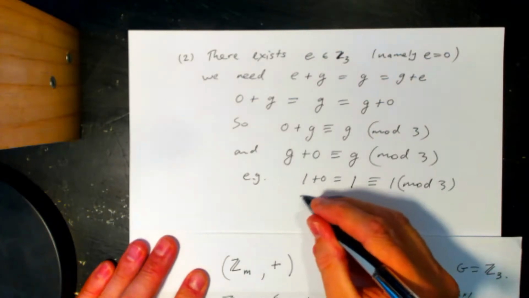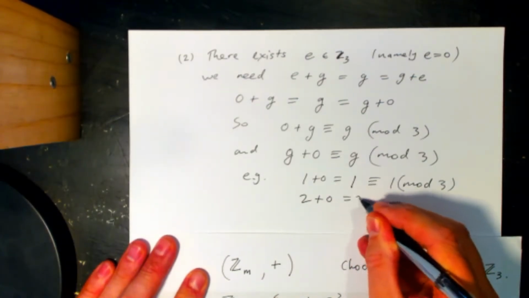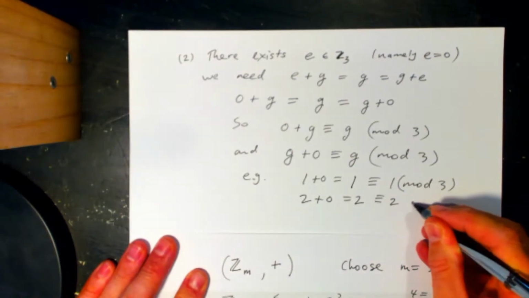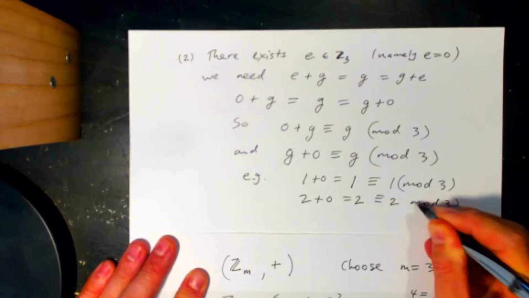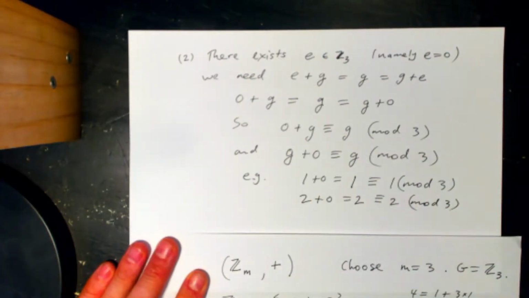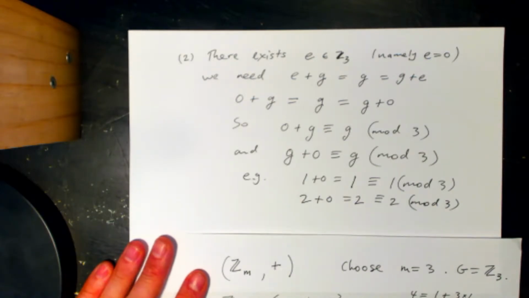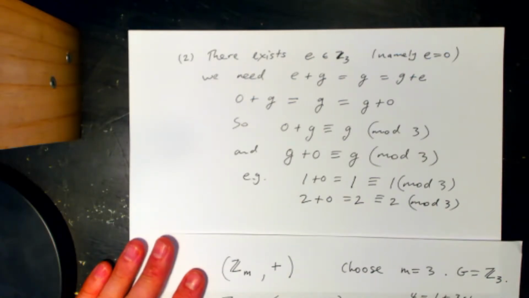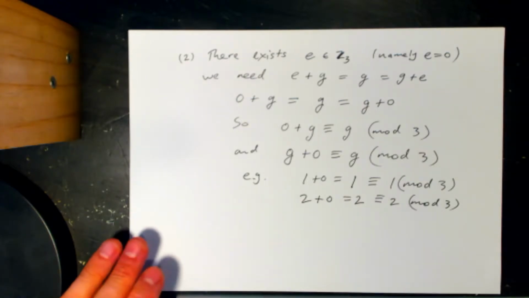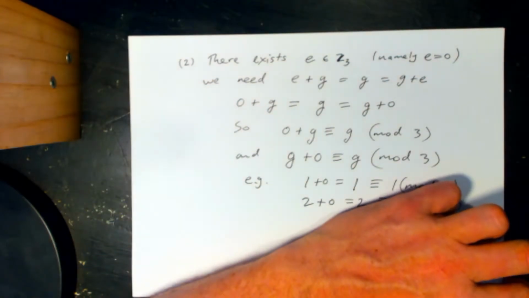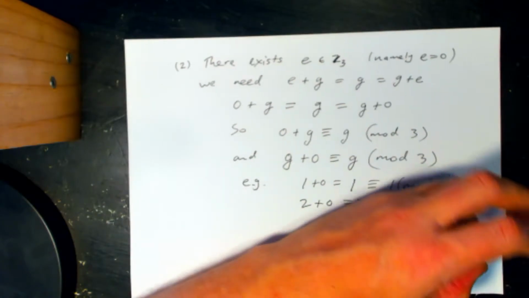Okay, also 2 plus 0 is equal to 2, which is congruent to 2 modulo 3, right? And we have commutativity of addition for integers, and so we have commutativity modulo 3. Okay, so it satisfies the second property of a group, or the second axiom of a group. Okay, now let's focus on the third,